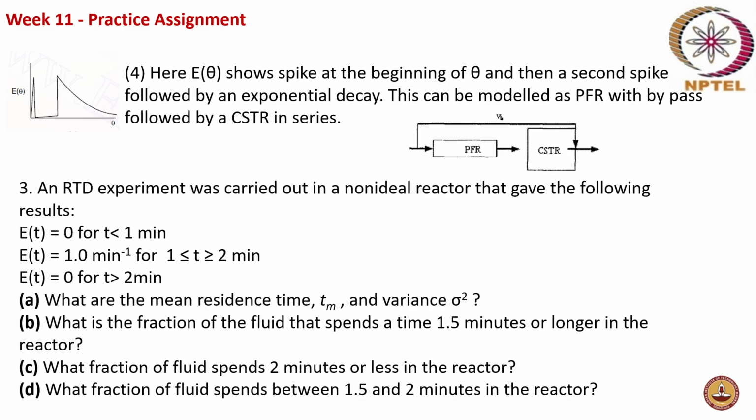Now, next question. An RTD experiment was carried out in a non-ideal reactor that gave the following results. So some RTD experiment was conducted in a non-ideal reactor and it gave certain E curve values. E of t was 0 for time less than 1 minute, and then E of t was 1 minute inverse for